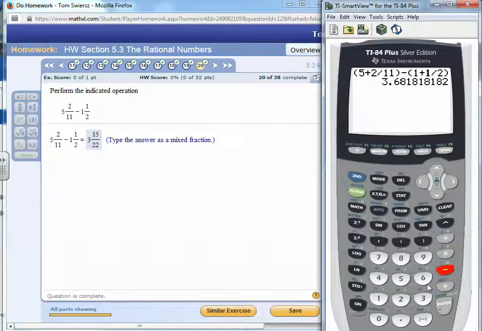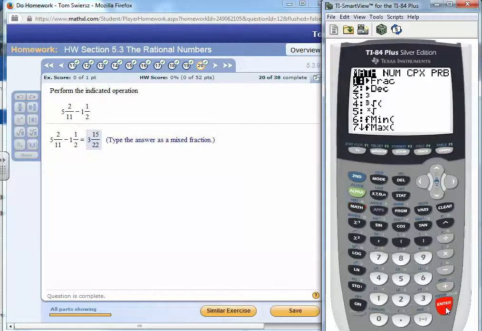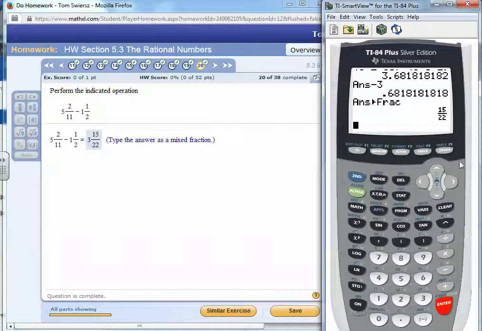Okay, there's our answer. So we know our whole number is 3. So we're going to subtract 3. The whole number is 3. And then we're going to get the fraction for the remaining decimal. Math, enter, and there it is, 3 and 15 over 22. And again, you can also do this on your calculator with the